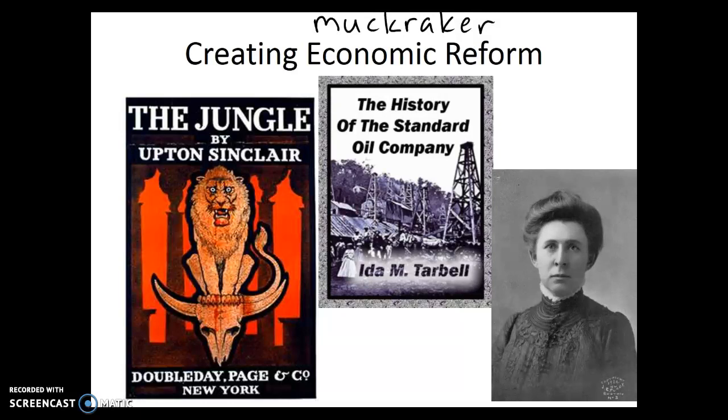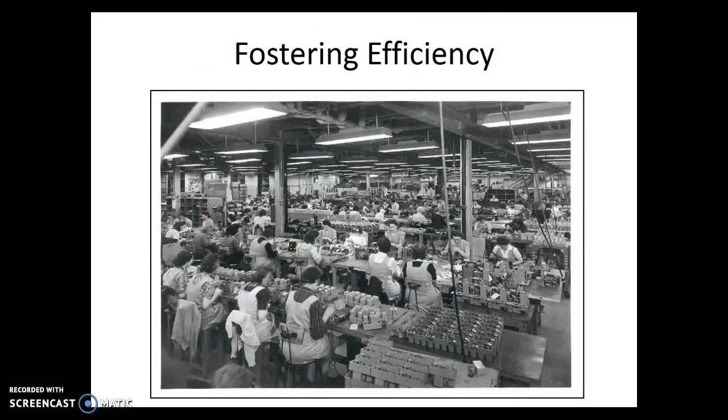Two of the most well-known muckrakers, their names are pictured on the screen, and their books are important. Upton Sinclair is one example. Upton Sinclair is the novelist for the book The Jungle, and this was a book that exposed the terrible conditions in the meat packing industry. And Ida Tarbell wrote a book about the Standard Oil Company, which you know was owned by Rockefeller, so she was trying to expose all of the injustice inside of his specific company. Again, an effort to bring about reform.